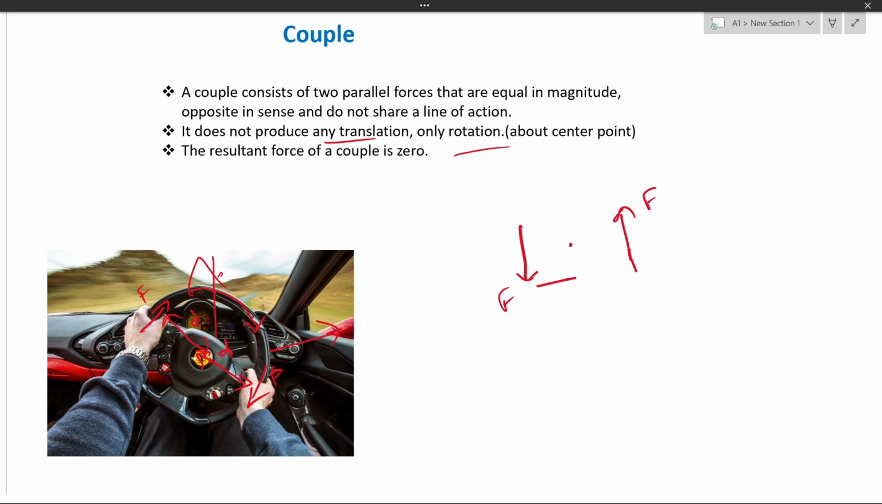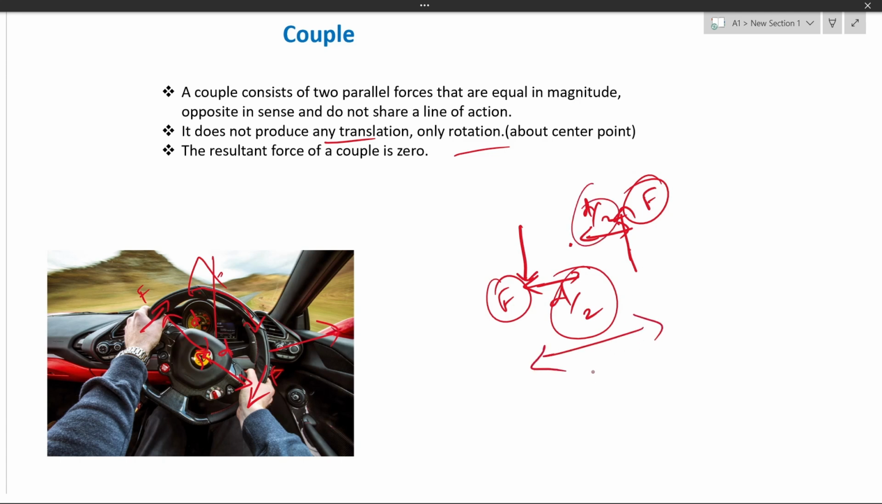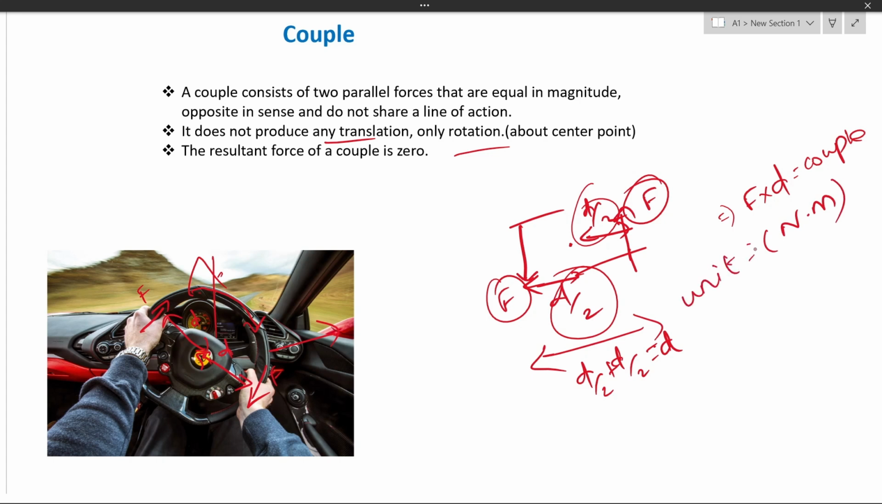So if you want to calculate, let's say this is d by 2, this is also d by 2. The formula to calculate the couple is force into distance, that is d by 2 plus d by 2, that is d. Because two moments are created, one by this force, another by this force. If you add these two, you will get F into d as the couple value. This also has the same unit, Newton per meter, as